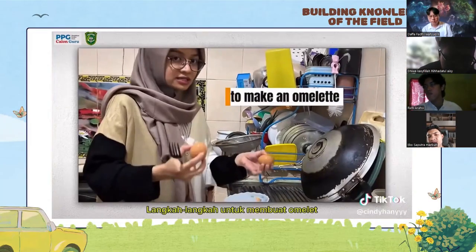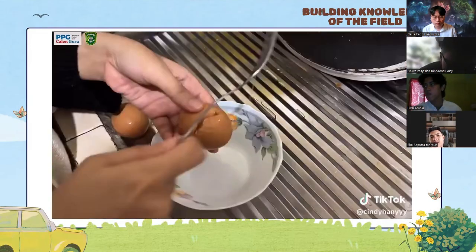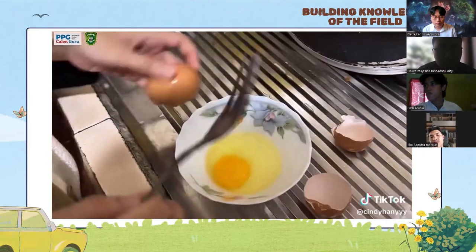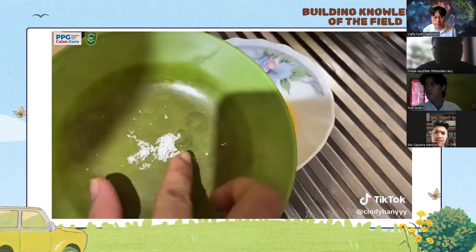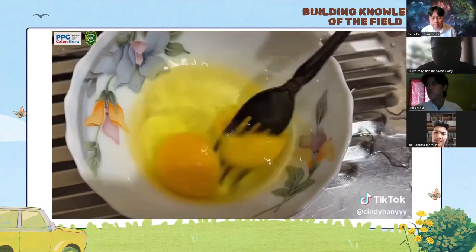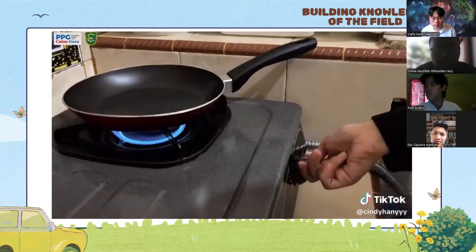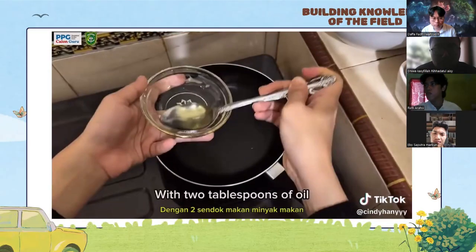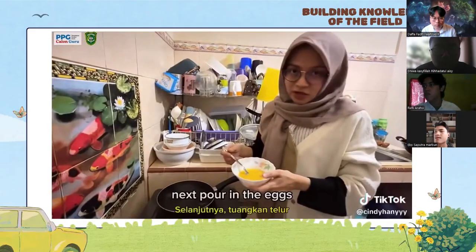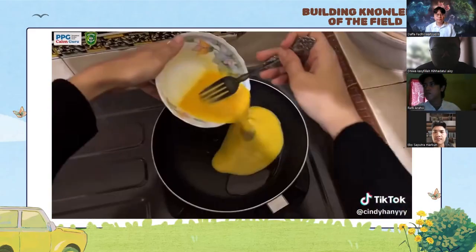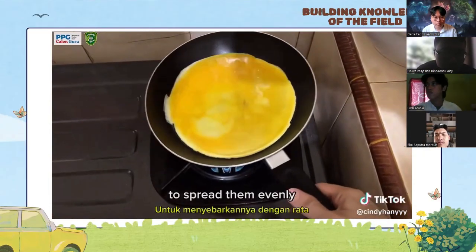The steps to make an omelet. First, crack the eggs into a bowl. Add a pinch of salt and whisk until well mixed. Second, heat a non-stick pan over medium heat with 2 tablespoons of oil. Next, pour in the eggs and tilt the pan to spread them evenly.